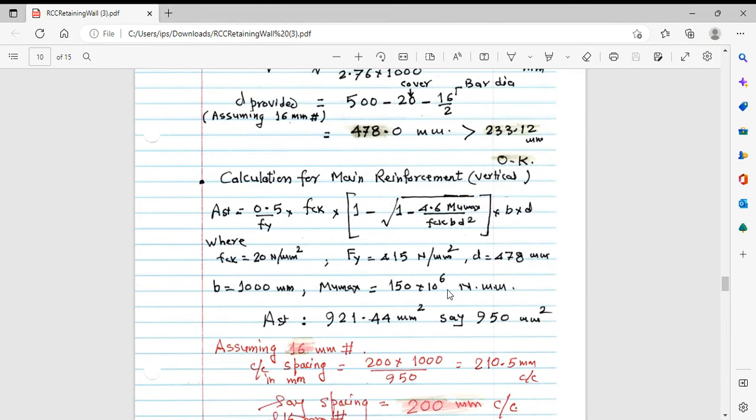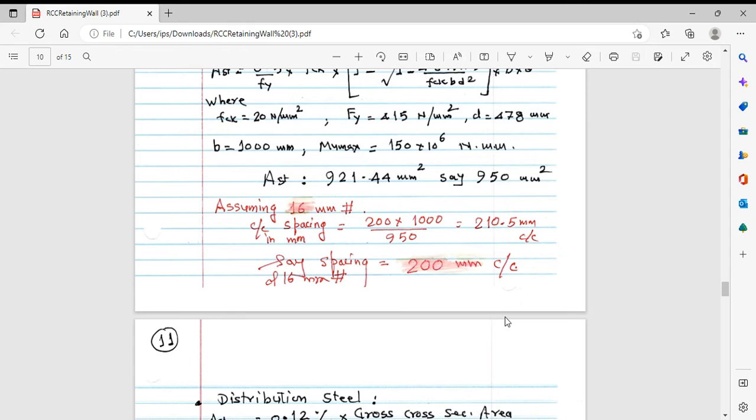Now after this, we can go for finding out the area of steel. Using the empirical formula, you can use the other formula which is given in IS code 456:2000 on page number 96. In that also, but it has to be a quadratic equation, so I am avoiding that. I am giving that empirical formula where fck is 20, fy is 415, Mu max, everything is known, B is 1000, D we have to take as 478. Substituting this value, we find that area comes out to be 920.44, rounding it up to say 950 mm